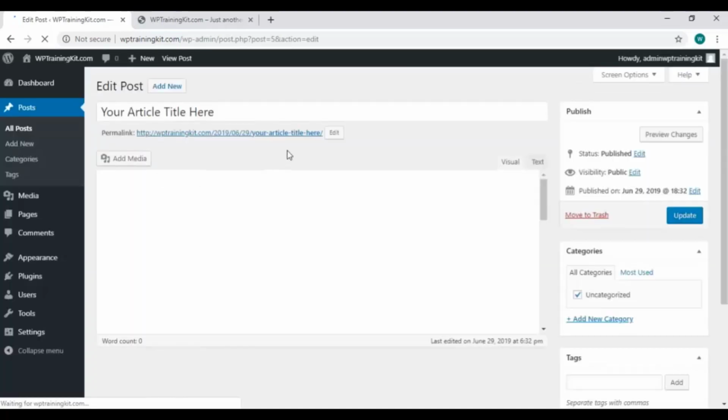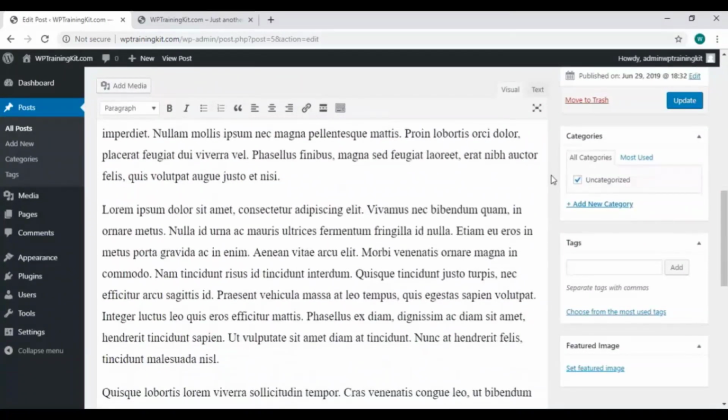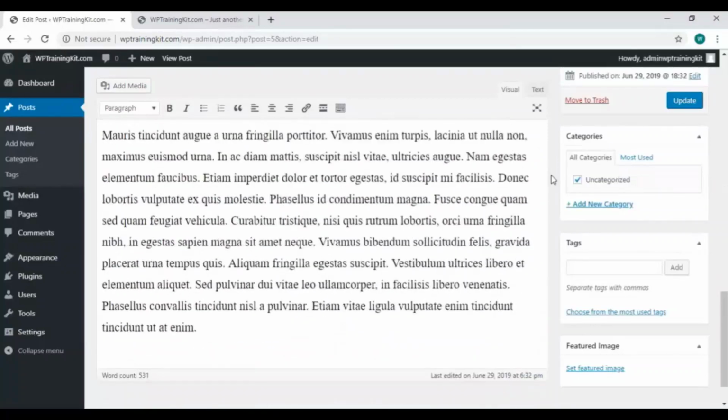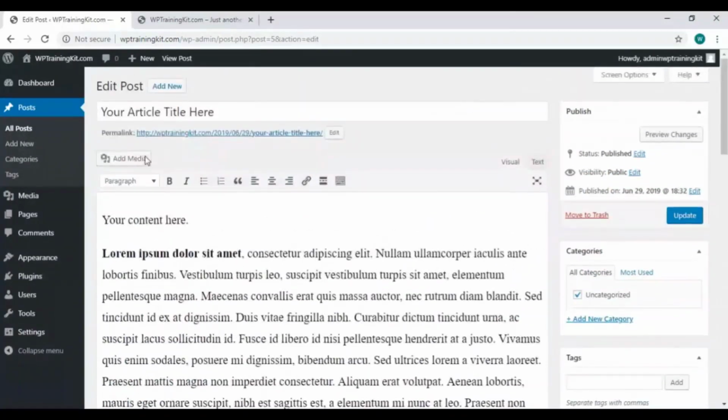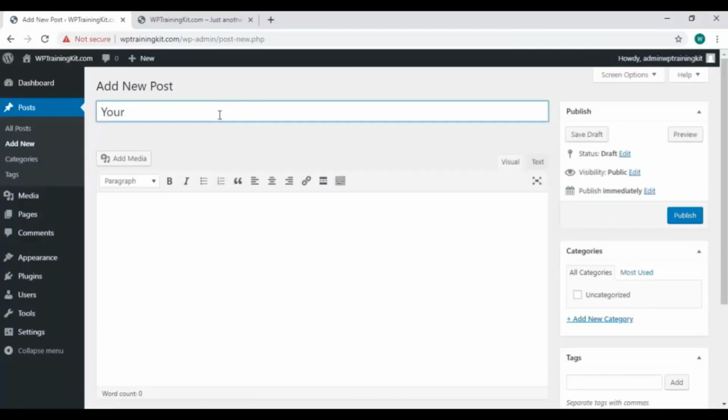You can notice the changed layout. There's no block option now. This classic editor is simple and easy to use. Go to this Add New. Write your new post title and post content. You can edit the content like this,